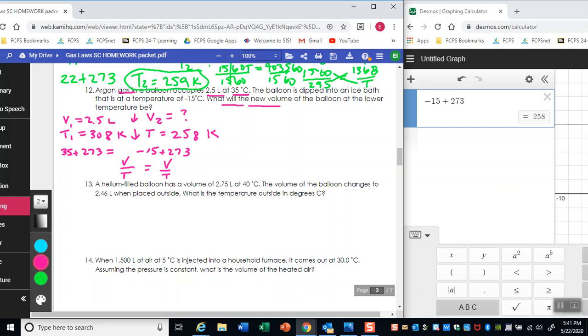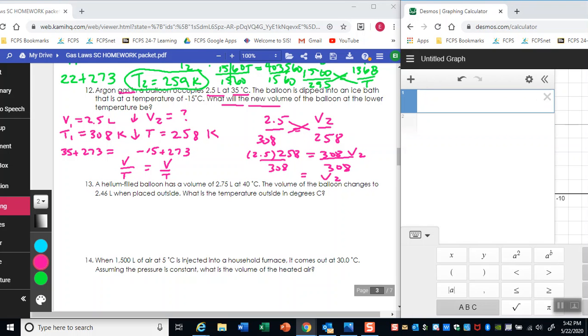So let's see, I've got volume 2.5 over 308 equals my new volume, I don't know, over 258. Okay, then I'll just cross multiply. So I get 2.5 times 258 equals 308 times V. Divide by 308. So my new volume is going to be 2.5 times 258 divided by